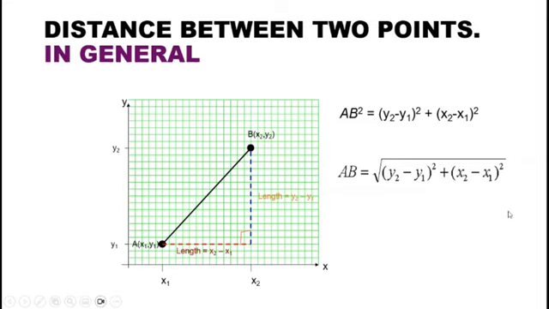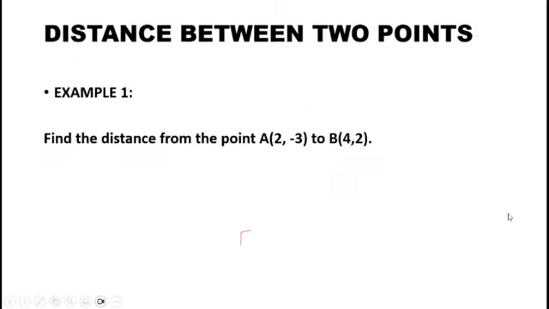So it is simply the square root of the difference between the x coordinates squared plus the difference between the y coordinates squared. For example, if you are asked to find the distance between the 2 points A (2, -3) and B (4, 2), what we have to remember is our general formula for finding the distance between 2 points. So, square root of